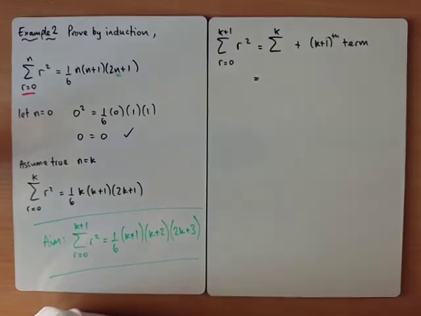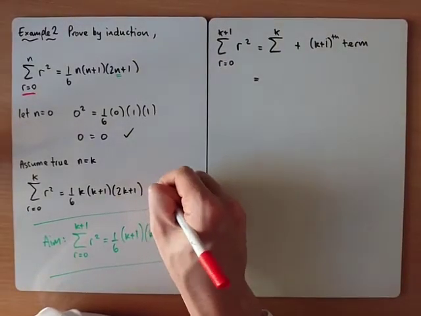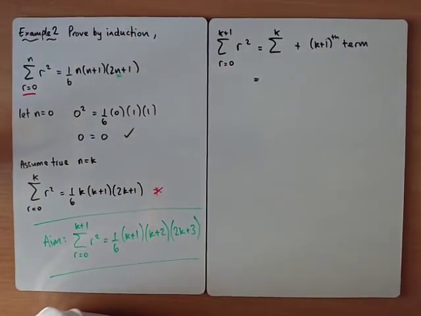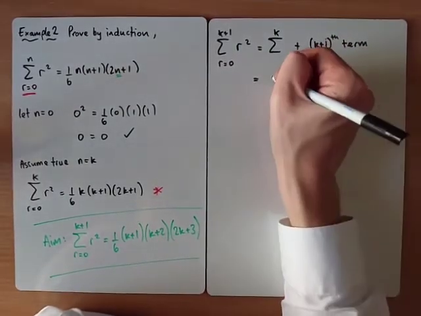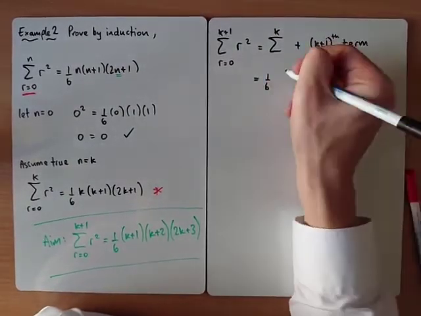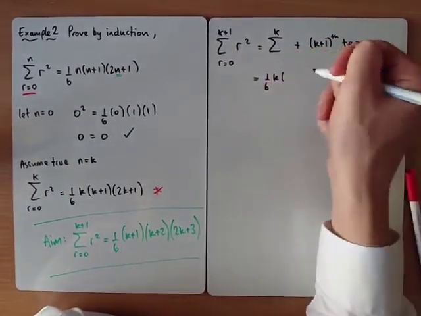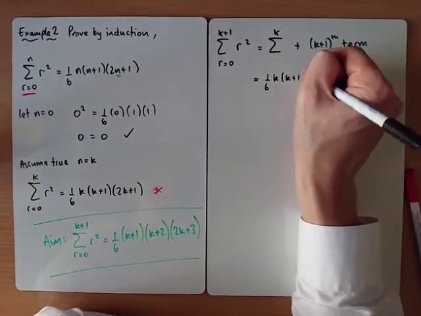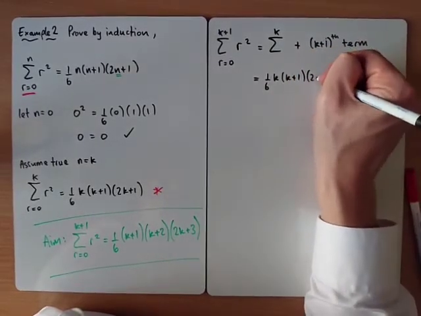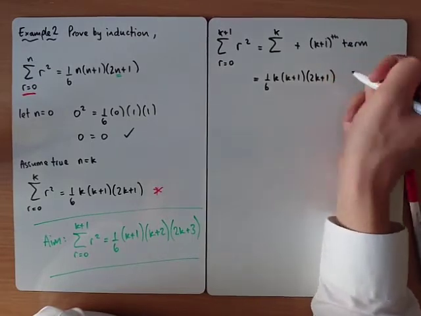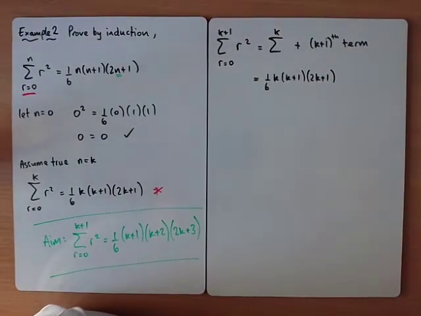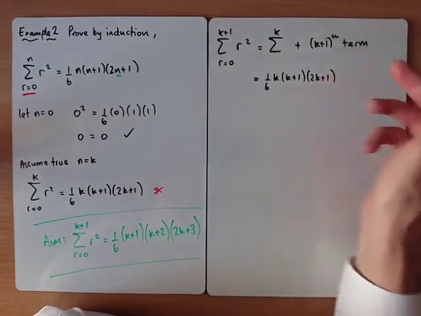We want to use this assumption. So the sum of the first k terms would be 1/6 k plus 1, 2k plus 1. And then the next term in the sequence, the k plus 1 term,